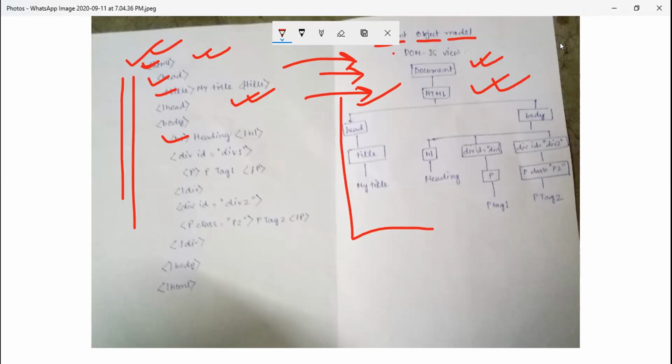Since every tag has its unique function, it is considered to be an object. So in this Document Object Model, JavaScript does not understand the HTML code, so it bifurcates that code into a hierarchy.